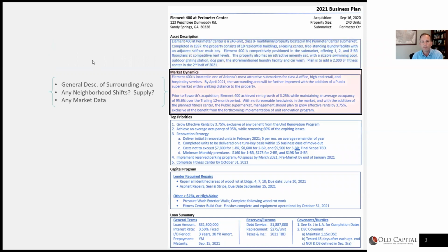Market dynamics, I put this in here. I don't want this to be a regurgitation of, let's say, a CoStar report or a Yardi report. Those things are fine. The more data you have, the better, but I wouldn't get too into the weeds on the data, what things are going to look like 3 years from now. Focus on what's going on in the market surroundings. If we're here in Atlanta, I don't really care so much what's happening in the macro market for Atlanta. I really care what's going on across the street, because that's going to have a greater effect on